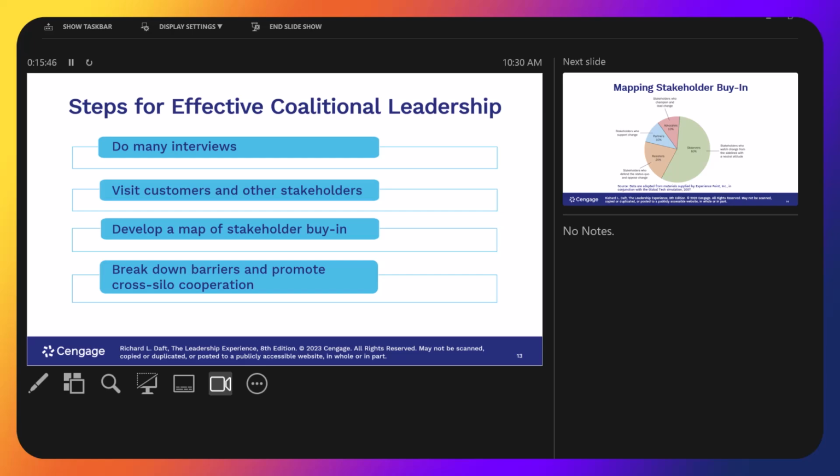Break down barriers and promote cross-silo cooperation. People are notorious for working in silos. Basically, I've got my area of responsibility, you've got yours, and as long as you don't mess me up, I'm good. I don't care about what goes on over there. They can break those down and get people to understand this: you know what? We're all interdependent. There is no I in team. Bottom line is this: if we're working together, I can't have you fail while the rest of us succeed, because that means we all fail.